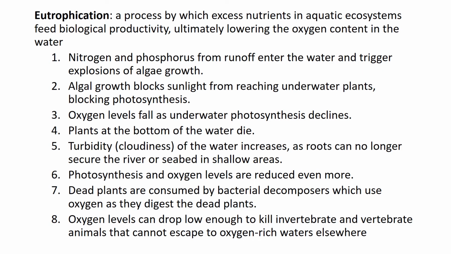In this next slide, this actually shows the progression of what happens in terms of eutrophication, right? Which is this process by which these excess nutrients in aquatic systems feed biological productivity, but then deplete the oxygen. So nitrogen and phosphorus run off, you get algal blooms, those algal blooms block sunlight, oxygen levels fall as underwater photosynthesis declines, plants die, those algal blooms die and the plants die, and they go to the bottom of the bodies of water. These things increase turbidity or cloudiness, and then the bacterial decomposers eat up those dead plants and then drop the